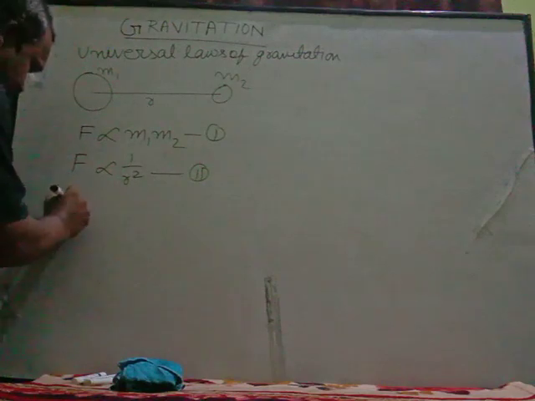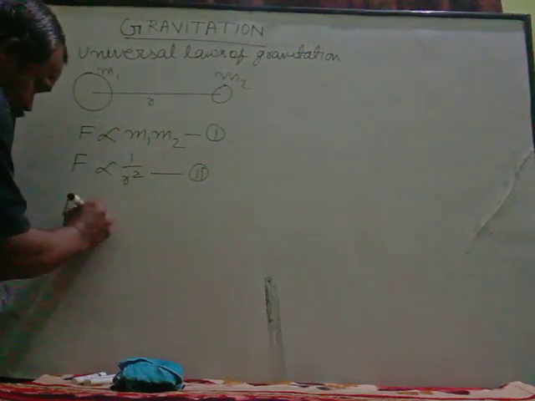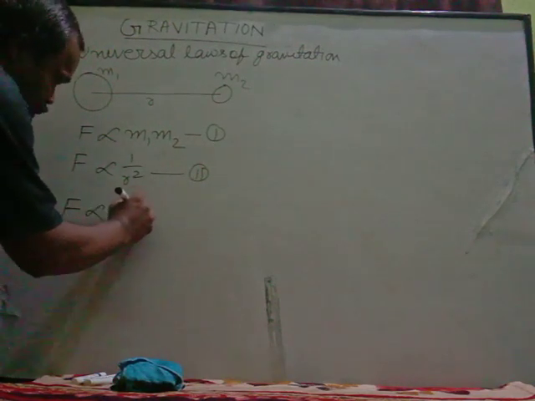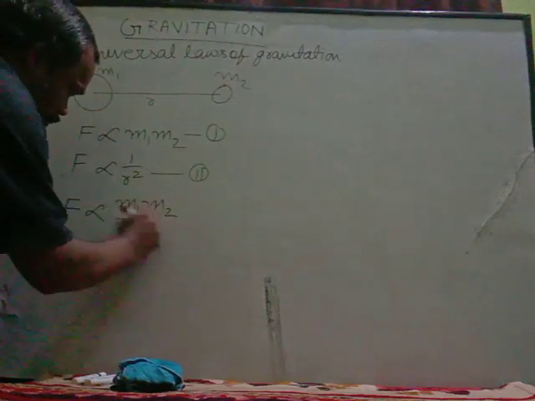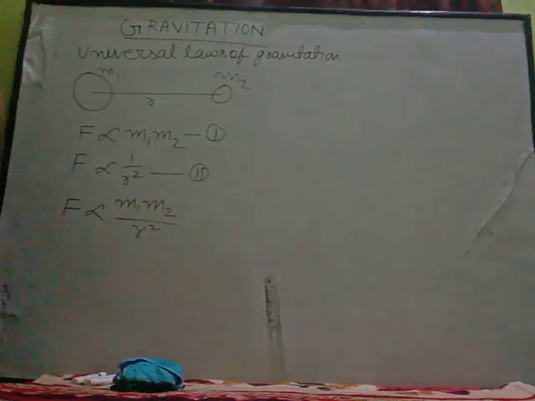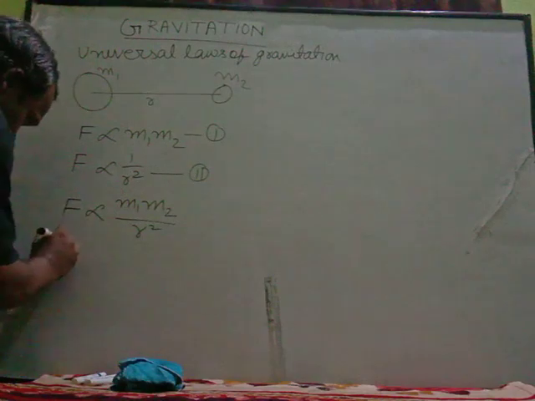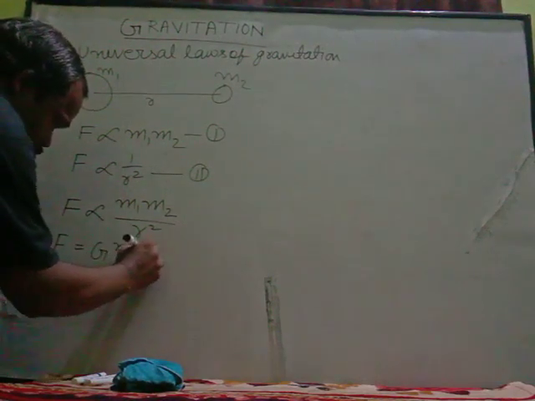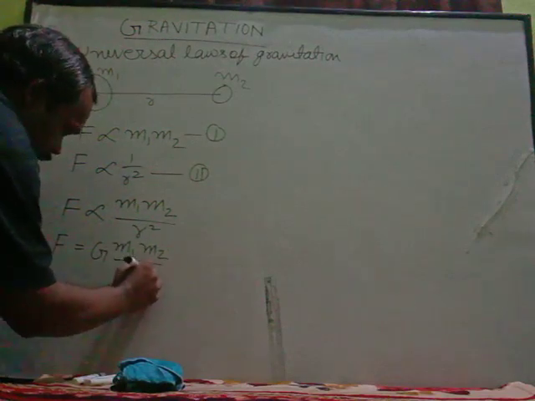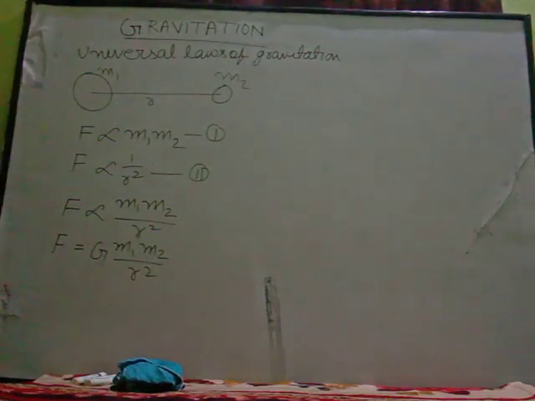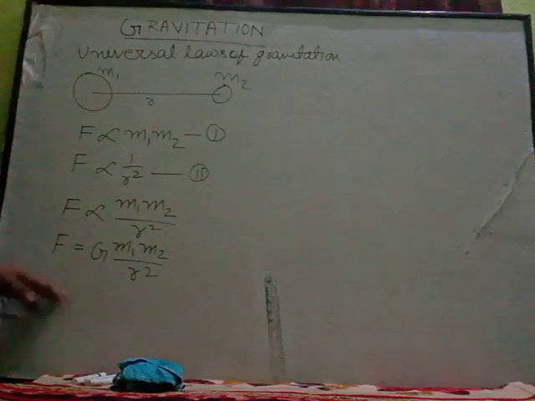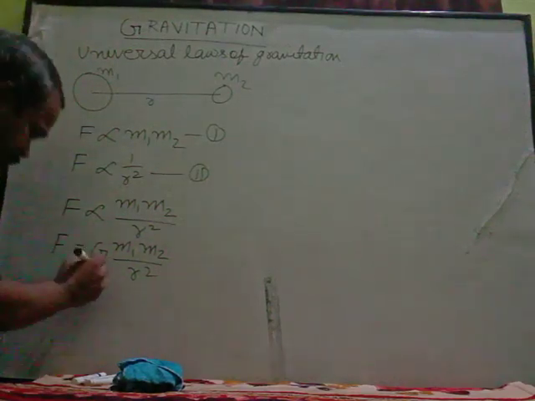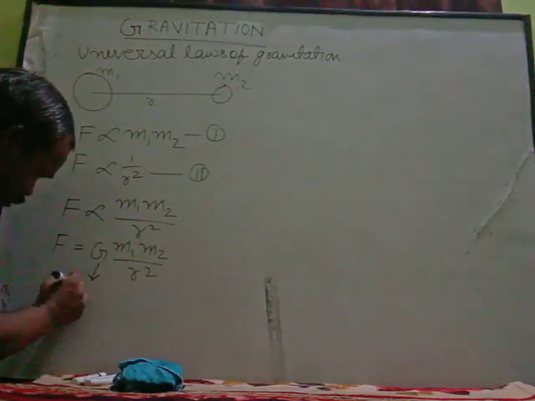So after combining these two statements, we get F is directly proportional to m1 m2 by r square. So F is equal to G m1 m2 by r स्क्वायर।